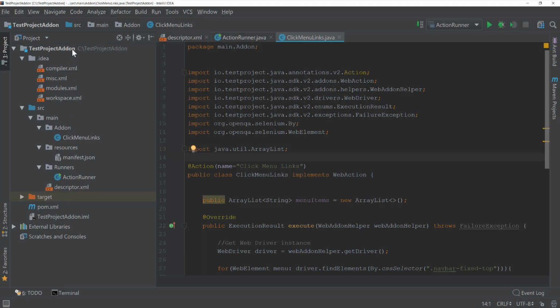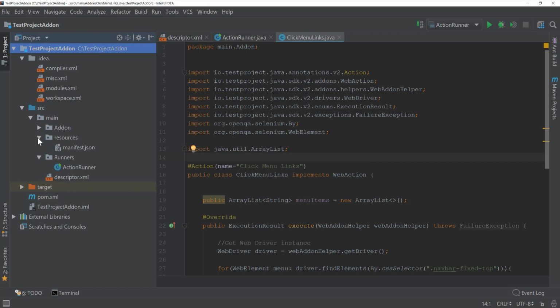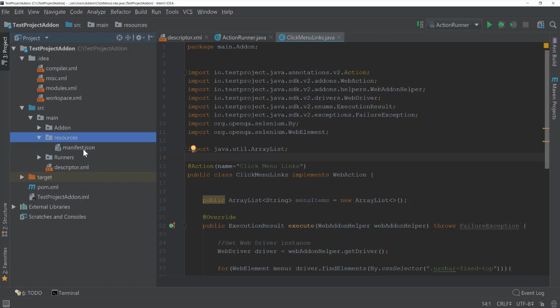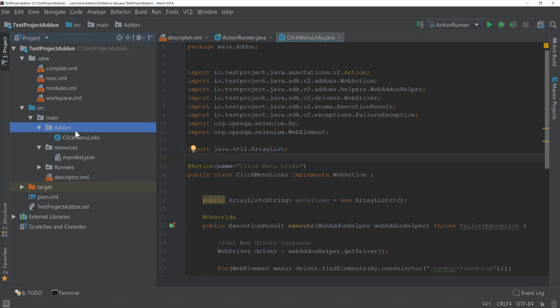So this is the same project that we were discussing in our previous video, but this time we are going to modify this code a little bit. Instead of working with add-ons, we are going to make use of pretty much exactly the same thing, just that this time we are not going to be dealing with this manifest.json file, and we don't really have to have something like an add-on. Rather, we can name it as a test case or something like that,